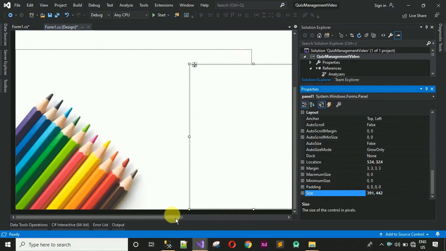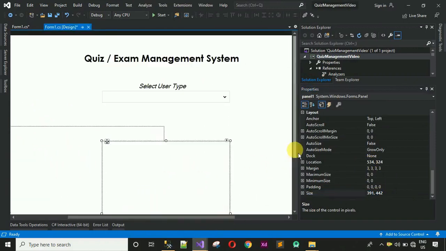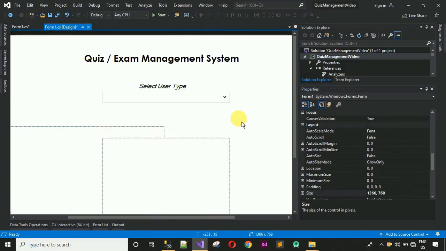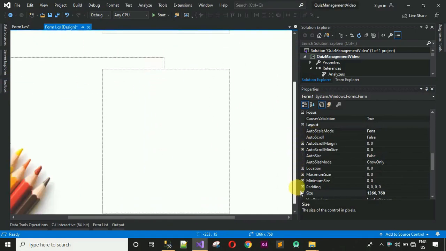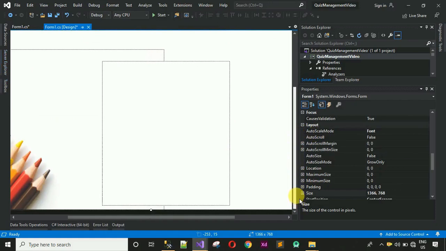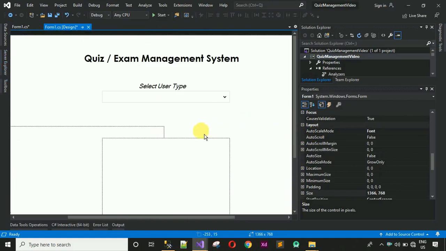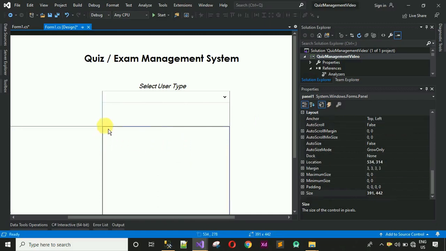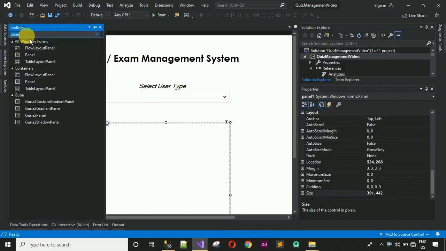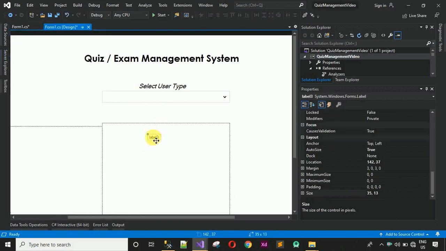So now the size is set. After this, what we have to do is add controls inside this one. So first is nothing but the teacher login. For that, I've already added one panel over here, that is panel 1. The name for this panel is panel 1. After this, I'm going to set a few labels and text boxes. So I'm going to drag one label first, so drag and drop it over here, just click on this,